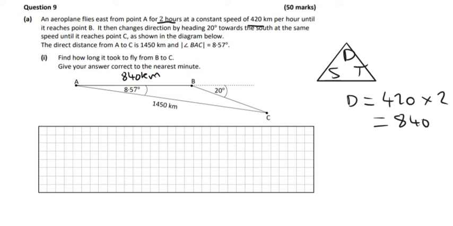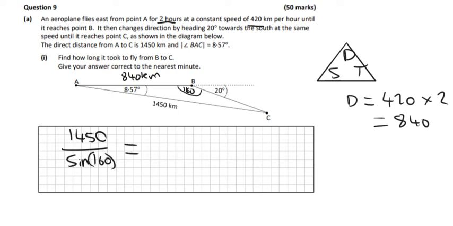Now you don't really need to know that to do this. You could use the cosine rule then and just use this angle in the middle here, and your b and your c would be the 840 and the 1450. Another way, I think an easier way of doing it, is to use the sine rule. So you'll see there you've got a straight line, so all of that would be 180, so take away 20 from it and it's 160, so 160 is the angle in there. I always find using the sine rule is just that little bit easier than using the cosine rule, not much in it. But if we pick opposite sides, so 1450 over sine of 160,